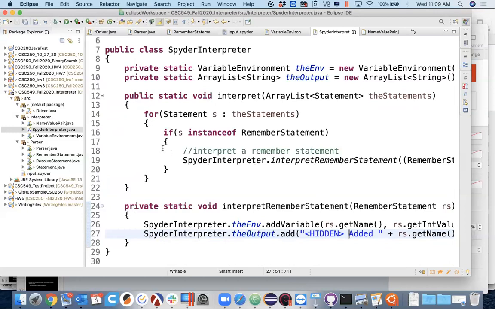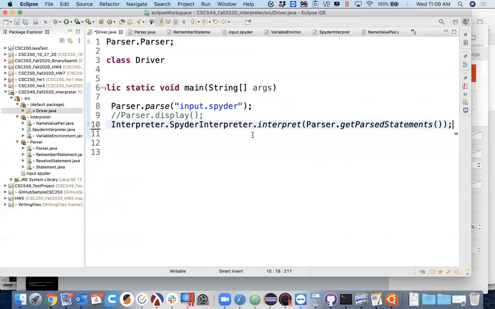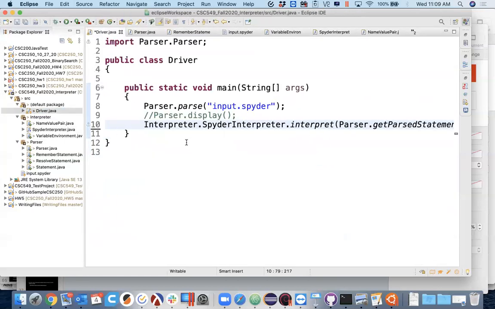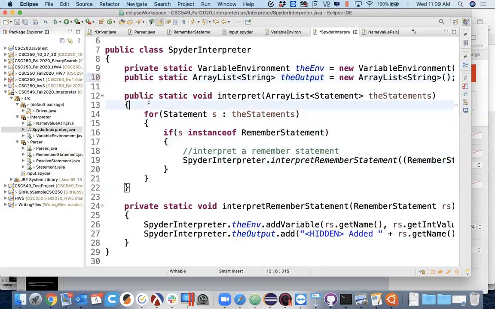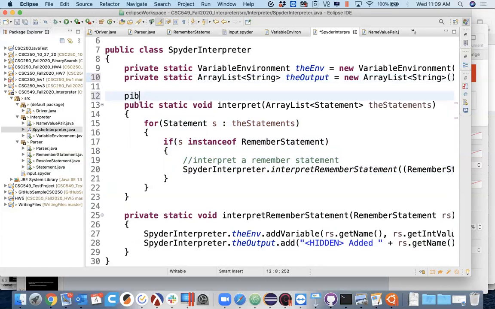And right now in our interpreter, we're only interpreting remember statements. That's all I'm doing right now. So go back to driver. And actually, hold on, let me go back into my Spider interpreter. I'm going to make my output public just for now, because this is just showing me the output of, well, actually, I'll make it private. I like calling functions instead. So we'll have a public